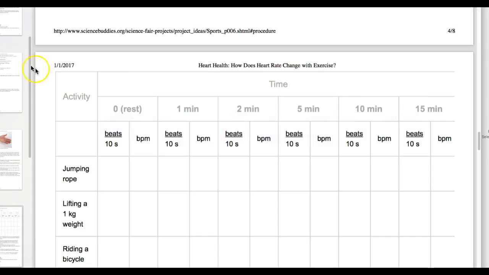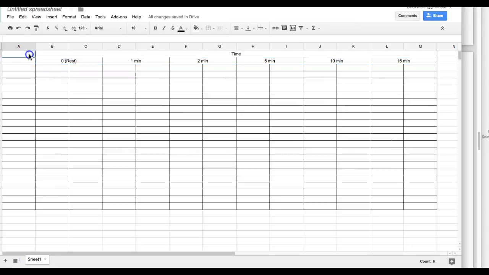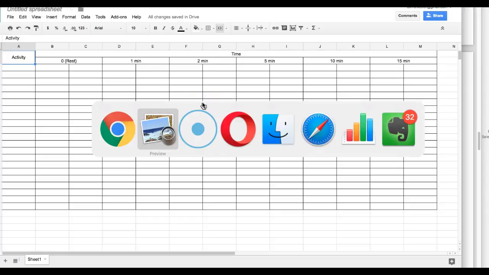Go back to our preview, oh, activity. So you can see how activity was these two. So we merge those cells, and we type activity in there. Okay, so we have activity in there, and so we do the align there, and then we go to vertical align. We have that. If we go back to our document,